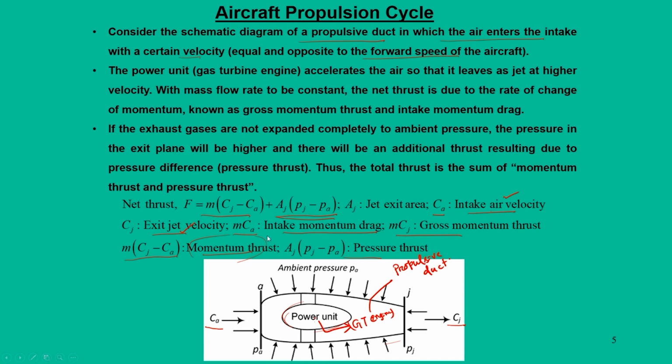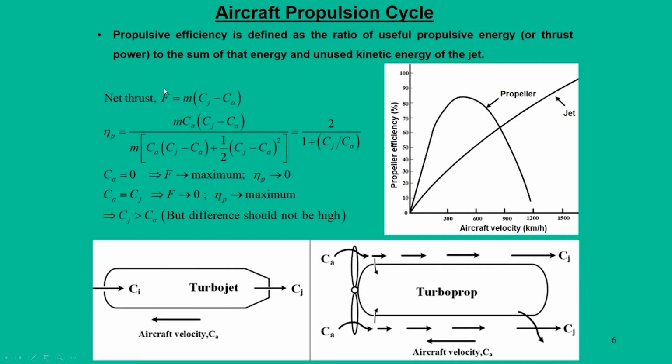So, these two thrusts together give the total thrust on the vehicle. However, at lower speeds the pressure thrust is not significant. We normally call it the momentum thrust, which is nothing but F is equal to m times Cj minus Ca. Now, putting this net thrust in, we define the propulsive efficiency, which is defined as the